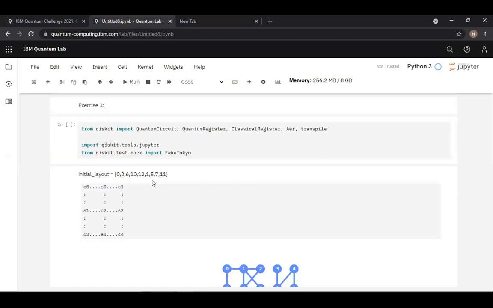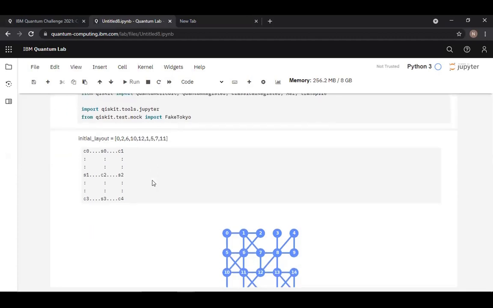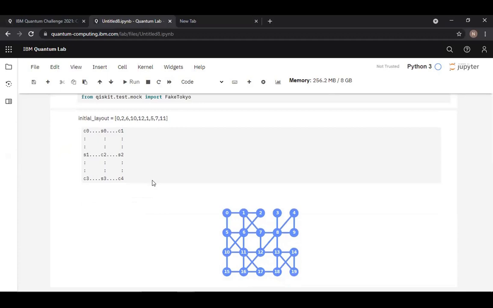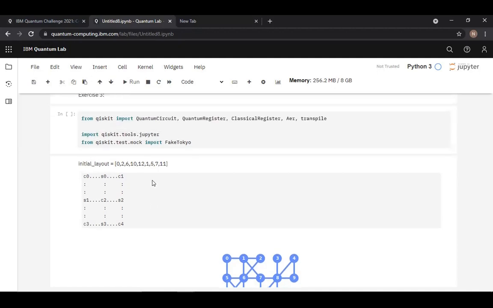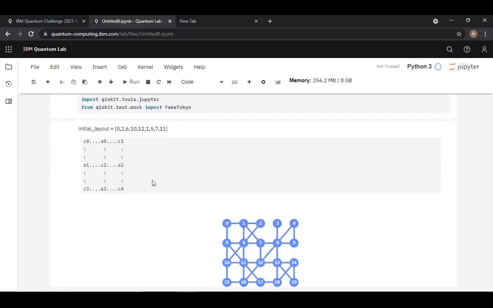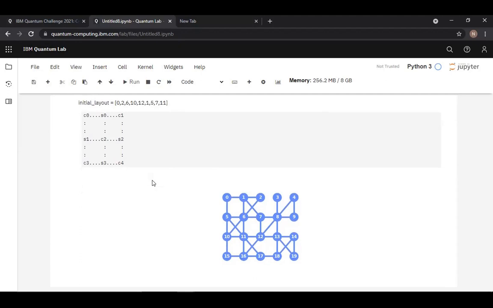They had given an exercise where you entangle the qubits, then you measure them and see whether the output is 0 0 and 1 1. Then they gave an exercise where they flipped one bit and showed us the output. The output was 0 1 and 1 0, which was not the expected one, because there was an additional extra flip which they had done. So this was the exercise which they gave, and what they had asked us was to write a code for the IBM Tokyo backend and for its particular design layout.